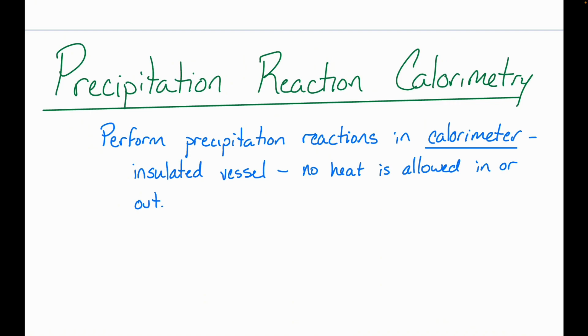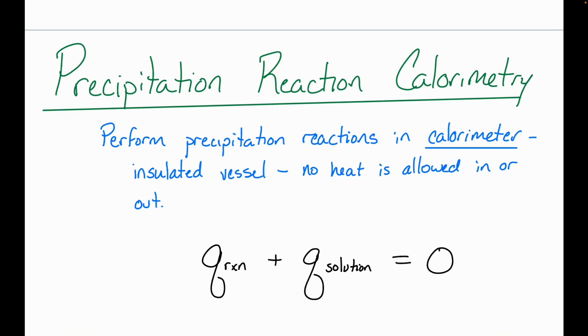So if we perform this reaction in our calorimeter, then our equation simplifies. We're no longer worried about all of our surroundings, all of the room and everything like that. We're only worried about what's contained in that calorimeter, which means that the Q of our reaction, every bit of heat released by our reaction, will then wind up in our solution. Those surrounding water molecules in that precipitation reaction. All right? We don't have to worry about the rest of the universe because we've carried out this reaction in a vessel that won't allow heat to be exchanged. Everything's going to be contained in that vessel there.